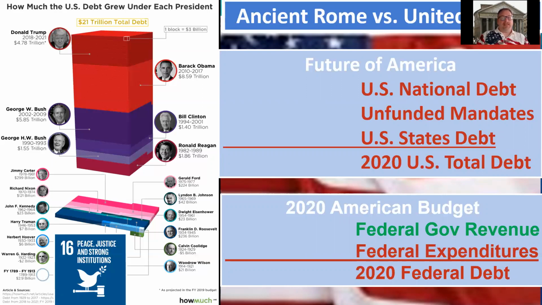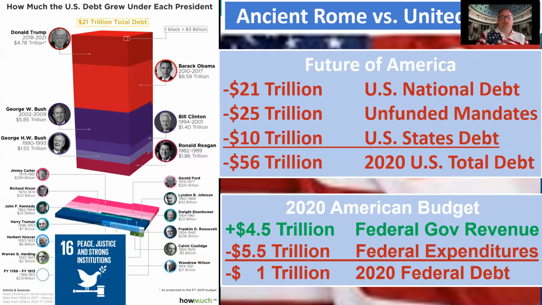Beyond all that, we also have US states debt. And whenever you see red, you should know that red in a balance sheet connotes that we have some problems. So look at the true status of where we are financially here in the United States. Our US national debt is 21 trillion and grows by about $1 trillion a year because we overspend. The federal government only makes $4 to $5 trillion a year, and we spend 5 to 6. So that's just untenable long term. The unfunded mandate is also all the Social Security we've paid off for the baby boomers, and that you're still currently paying into, but not going to see any of the benefits because it's going to be your grandkids that pay your benefits because we haven't balanced our budget sheets.